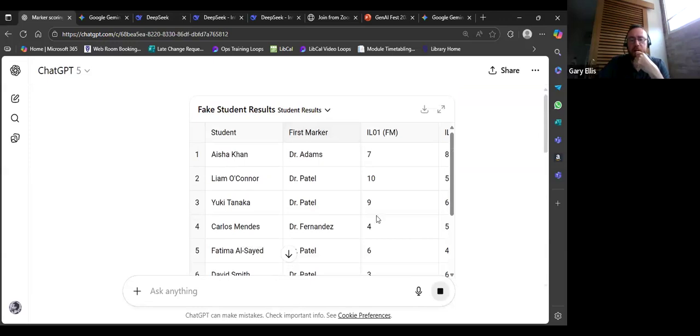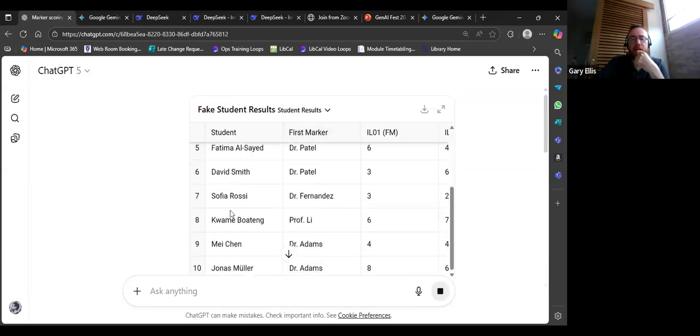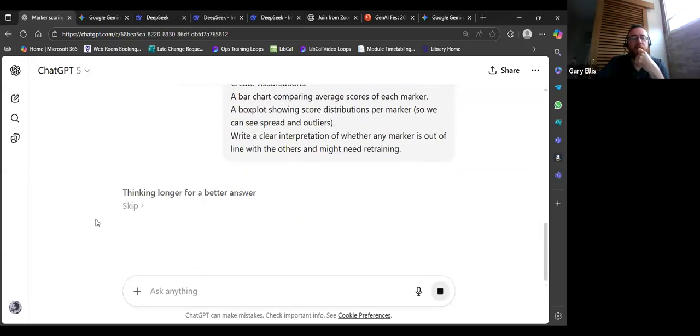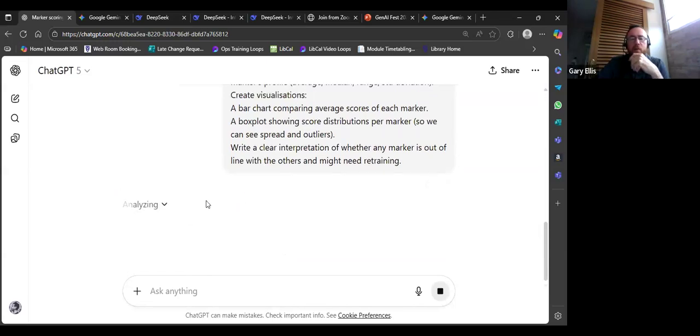We can see it's read it, and it will try and produce what I've asked it to produce. This is quite a complex task I've given it, so it's going to think a little bit longer. It will use the reasoning model, the data analysis model, and now it will write some code to perform the analysis that I've asked it to. And while it's